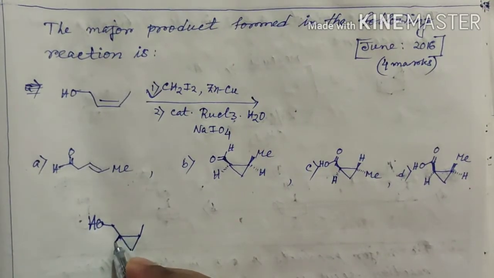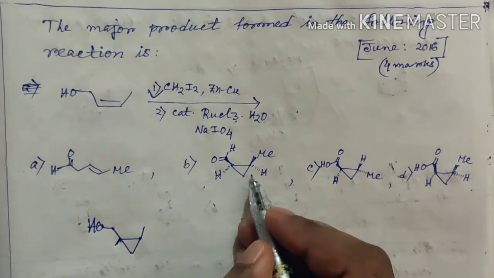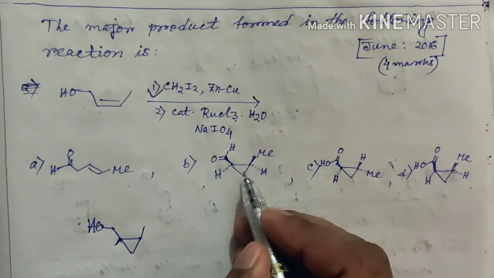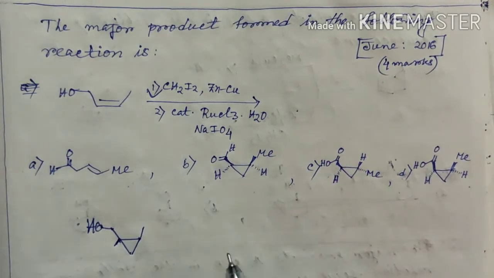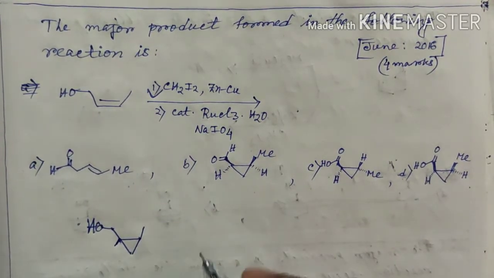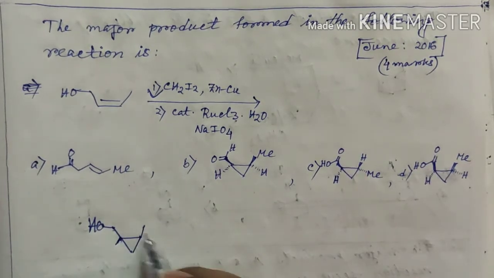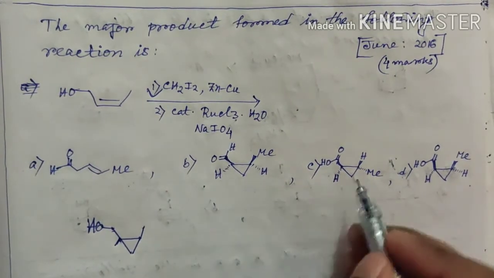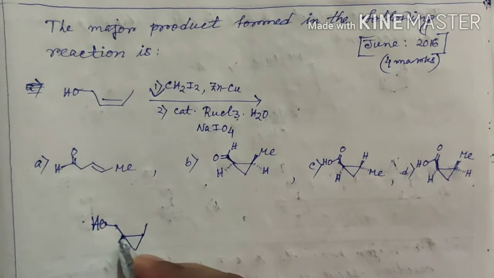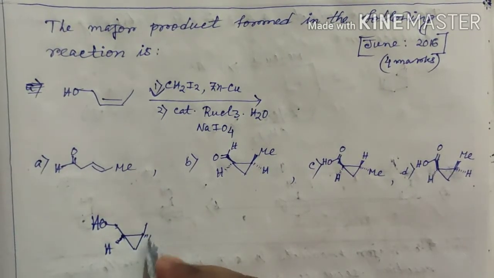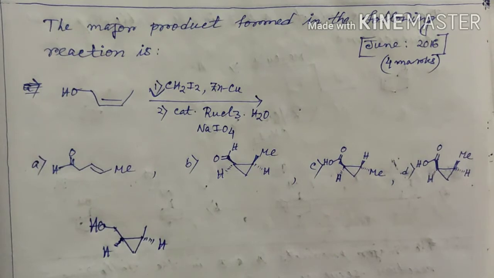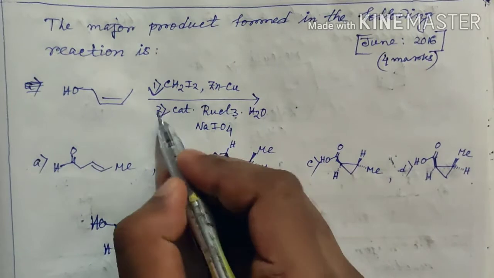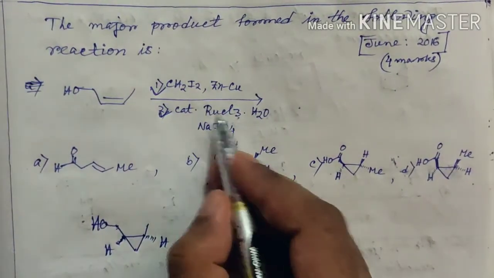If we draw the stereochemistry of the hydrogen, it is not a crucial matter whether both hydrogens are above the plane or below the plane. The main factor is that both hydrogen atoms will be on the same side, and these two groups will be on the same side. From the given options we can see that all the hydrogen atoms are drawn below the plane, so I am drawing the hydrogen atoms below the plane. So this will be the product for the first condition, and there is another reagent present in the medium, that is ruthenium chloride